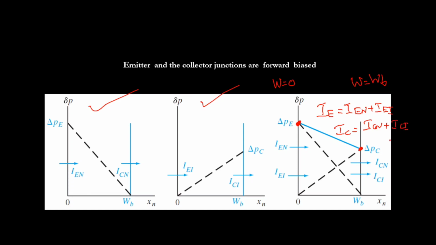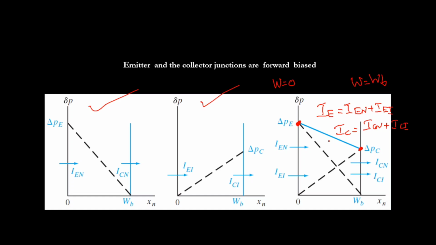No doubt in that. When we superimpose these two diagrams, the diagram looks like this. This is almost equivalent to both junctions being forward biased. That is the meaning of this, that is actually normal active mode and inverted mode. Now I am going to find the equations for IEN, ICN, IEI, ICI, and find IE by adding these two, IC by adding these two. That is actually the Ebers-Moll equations. So before I go to that slide,